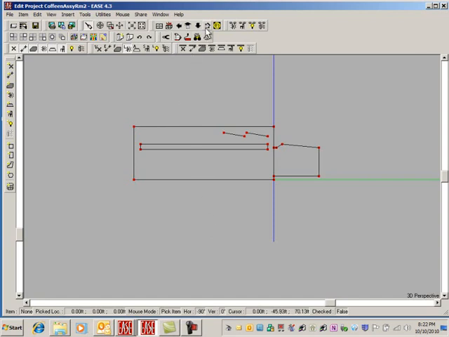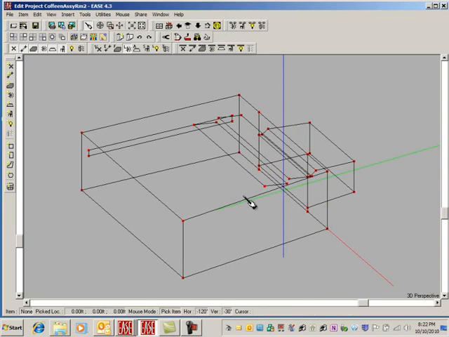We can add another vertice here. Just go add vertices, stick it someplace, any place will do. And the X value, again, is going to be minus 32, just as the first one. The Y value is going to be minus 30.5, and the Z is 3 feet down from 30, 27. Say OK. And there's our vertice for the next panel, and the edge of it's just slightly above